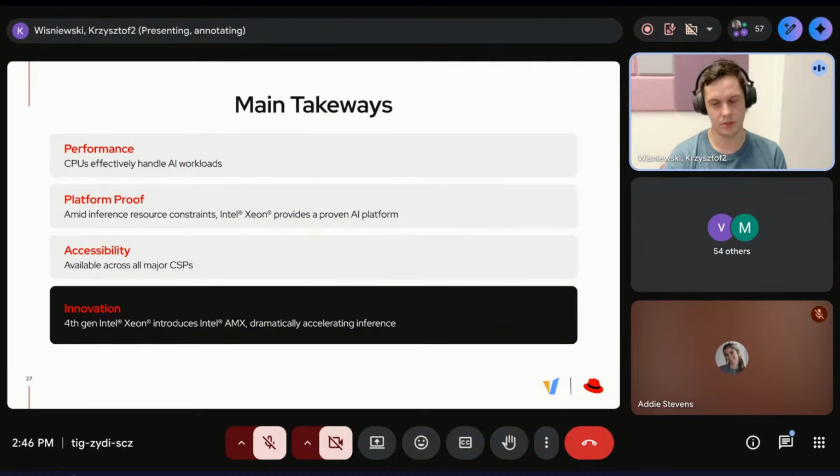But when you are looking for Xeon, please look for 4th gen or newer, because there we have Intel AMX, an instruction set which uses tiles as base registers, not only vectors or single registers, which makes it much faster for inference.